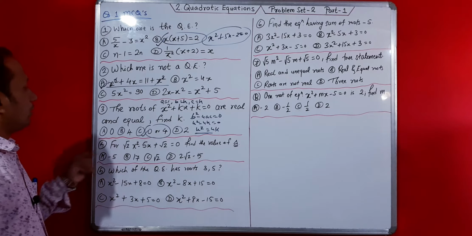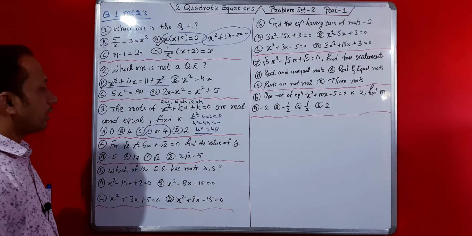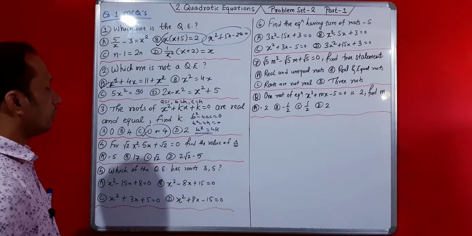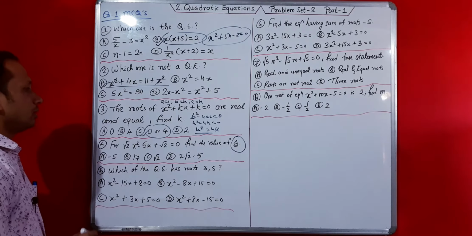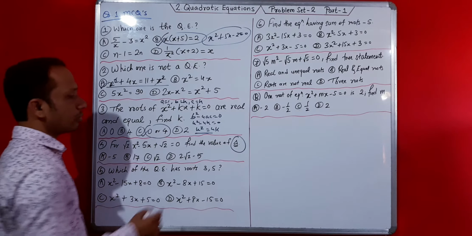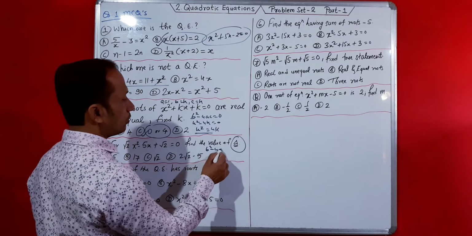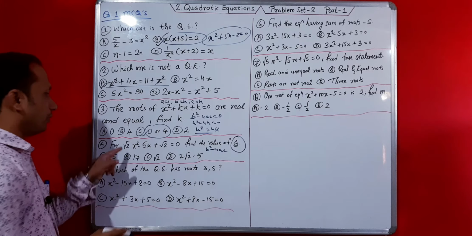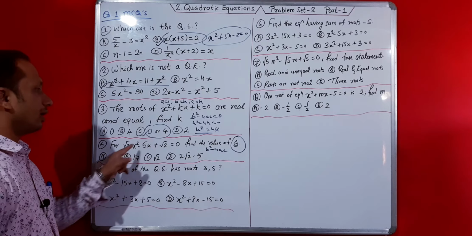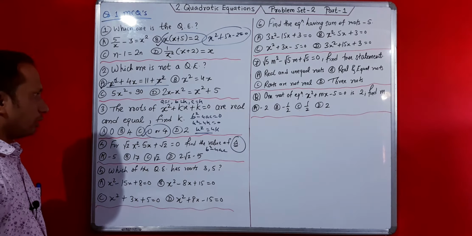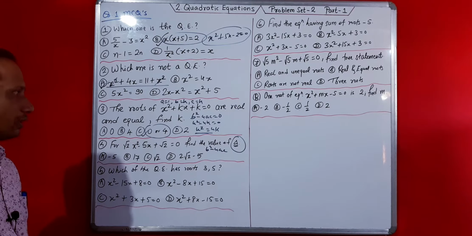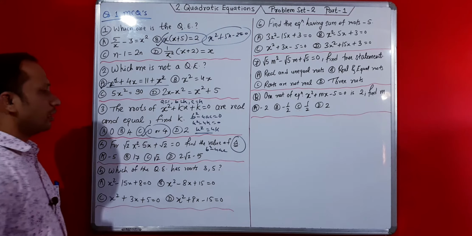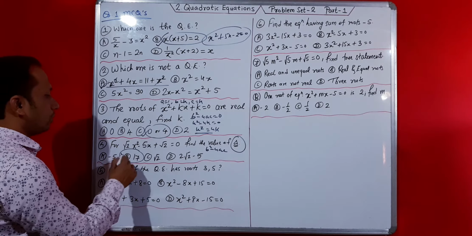Okay, for root 2 x square minus 5x plus root 2 is equal to 0, find the value of the discriminant. This is known as delta, the discriminant. So if you do this by b square minus 4ac, the value will be 5 square minus 4 into root 2 into root 2, which is 2 and then 4. So 5 square, you know, is 25, and minus 8 you will get 17. Okay, you try to do this.